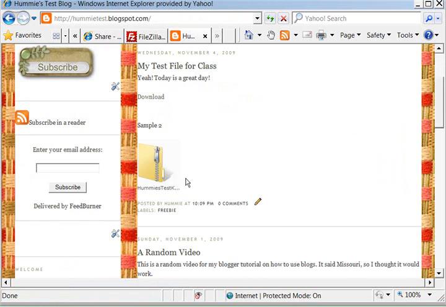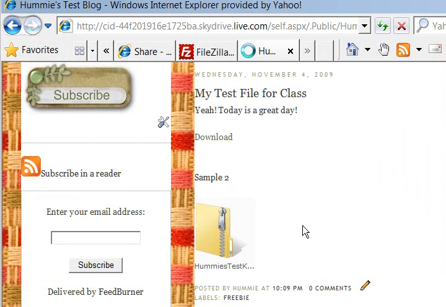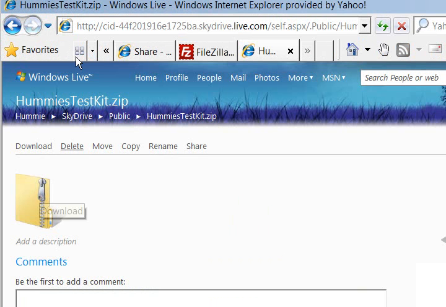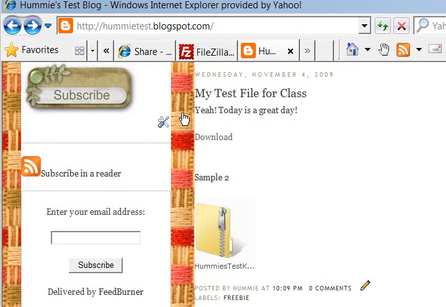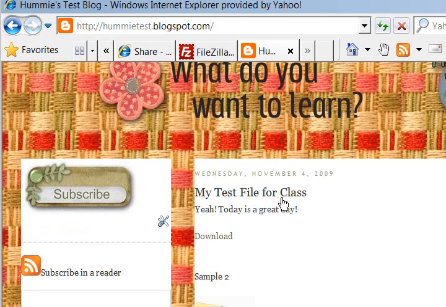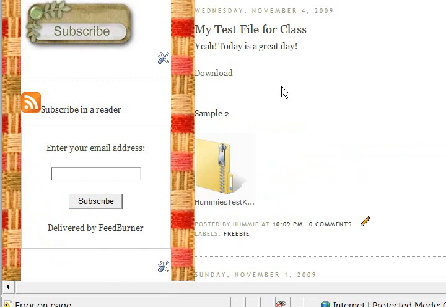and you can see this shows up as a little icon, which is kind of cool. So people can click right on that, and it actually takes them over to SkyDrive. But that is another way to do that. Each file sharing service has its own way of giving you its link. I don't care what you choose to download or upload for sharing, but take your time, decide how you want to do it, give me a test file, and we'll mark you